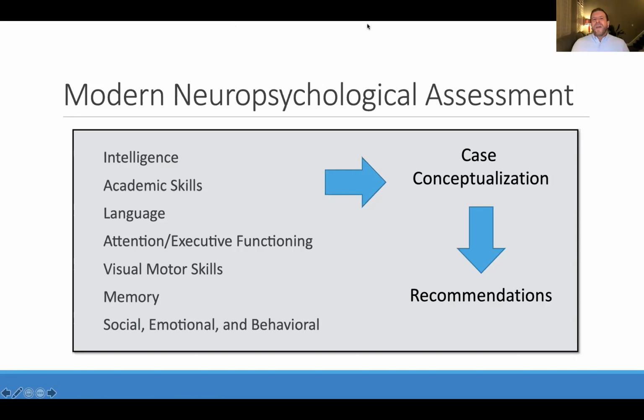And so in some ways, we might think of a neuropsychological evaluation as being something that an investigator of a crime might do, to go in and look at all of the facts, pull them together to understand what's happening, right? And so in that way, when we look at all of these tests, one of the things we're going to talk about is that tests don't diagnose, it's an evaluator that does, right?